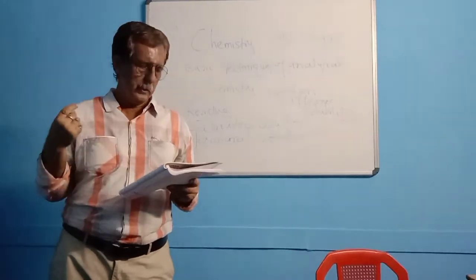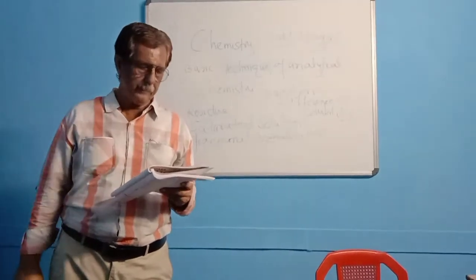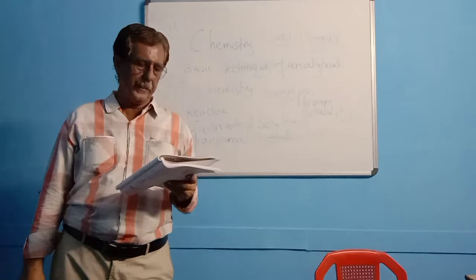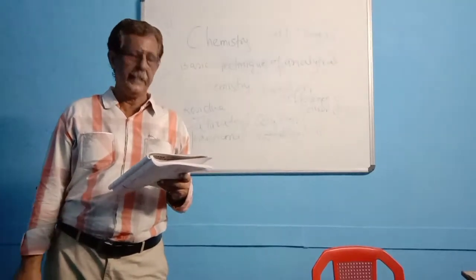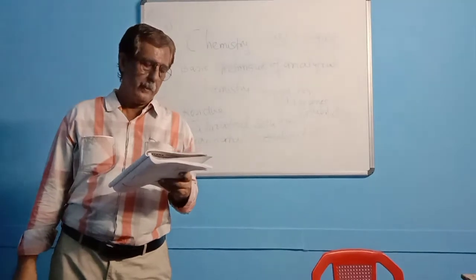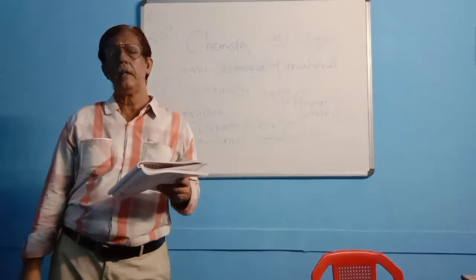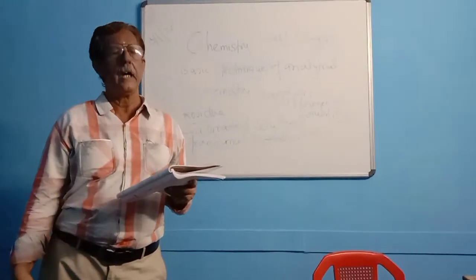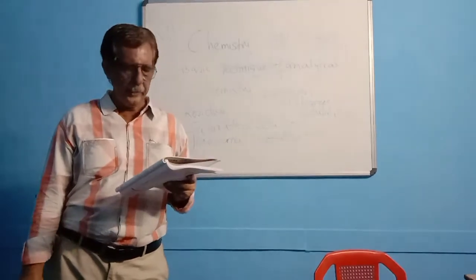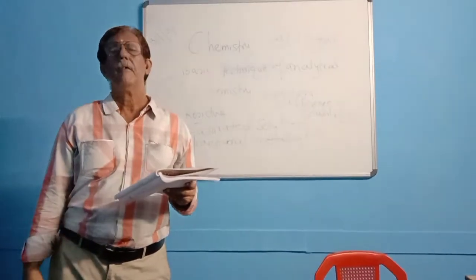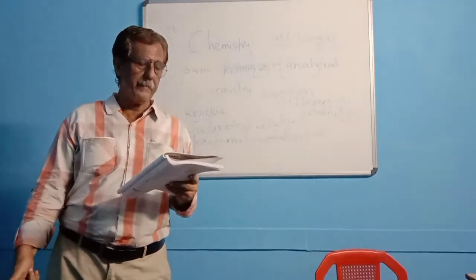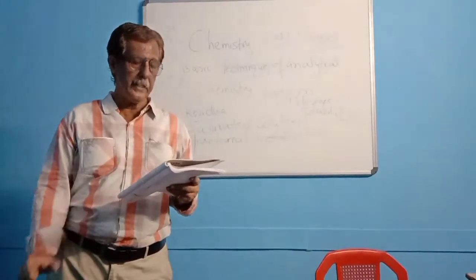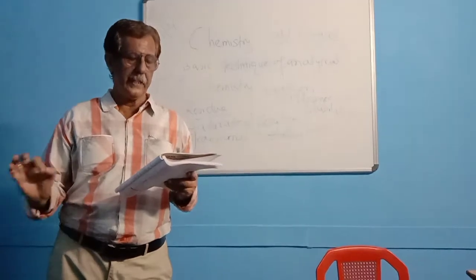Now the next point I am going to discuss with you is how we can separate the components of a liquid mixture containing acetone and water. What is the boiling point of water? The boiling point of water is 100 degrees centigrade and the boiling point of acetone is 56 degrees centigrade. So we have to undergo this distillation in this apparatus so that we get both water